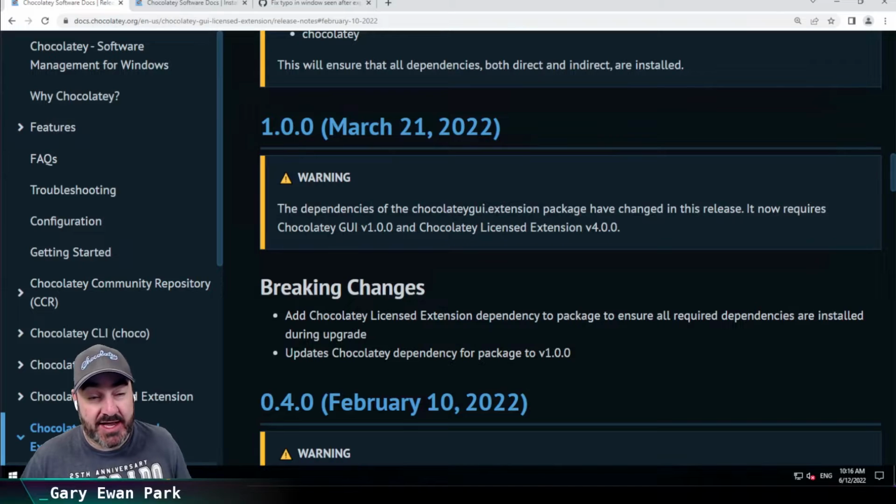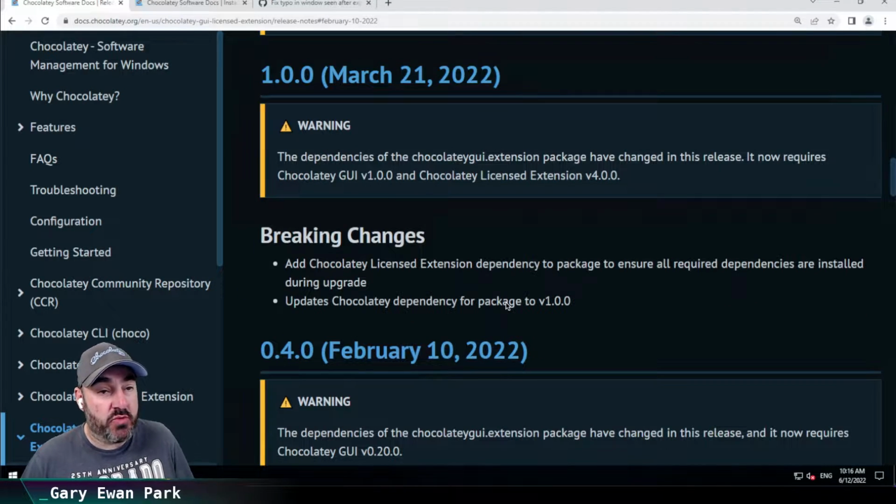Hello. In this short video, I want to talk about what we've released in the 1.0.0 release of the Chocolatey GUI license extension. So let's go ahead and look at the release notes. What we've done within this release cycle is essentially updated Chocolatey GUI license extension to a 1.0.0